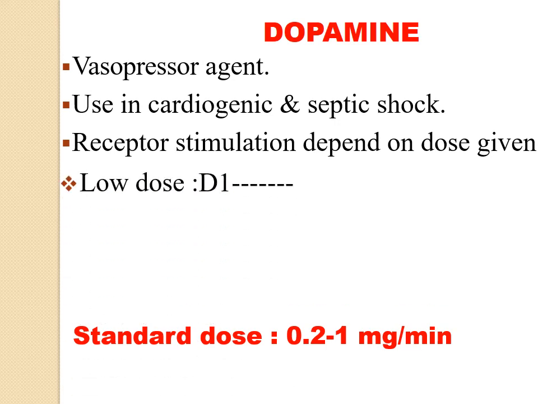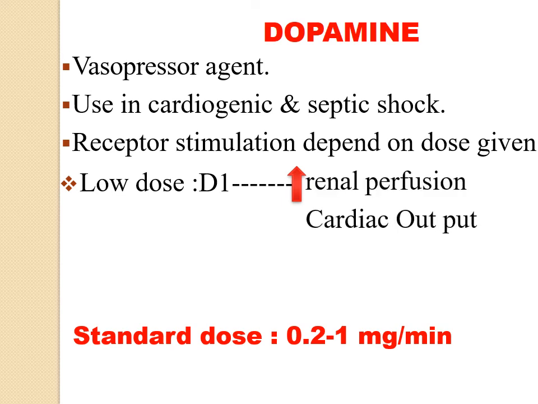For example, if you give the low dose, it will work on the dopamine 1 receptor, responsible for the increase in renal perfusion, whereas the medium dose mainly acts on the beta 1 receptor, responsible for the increase in